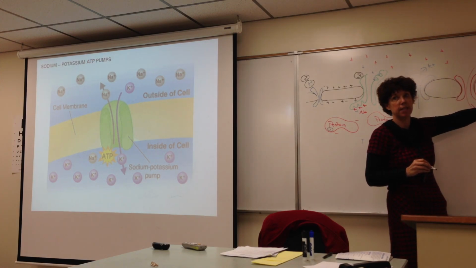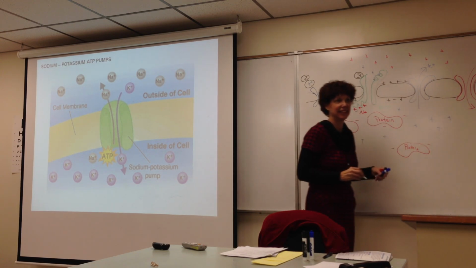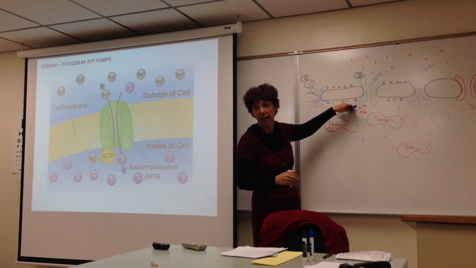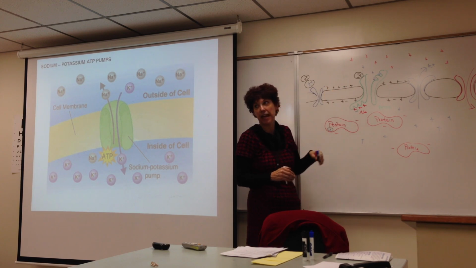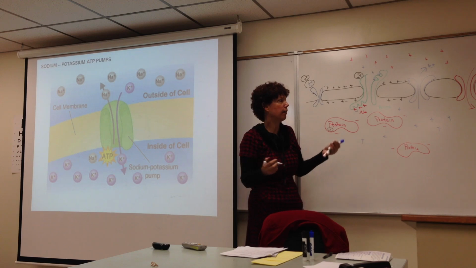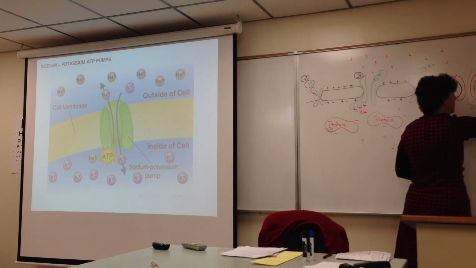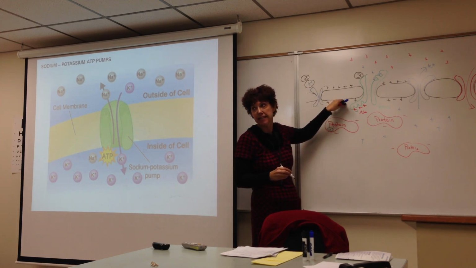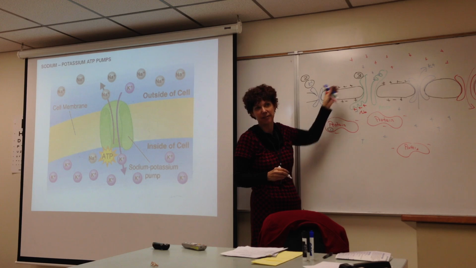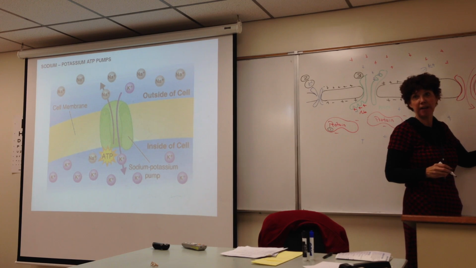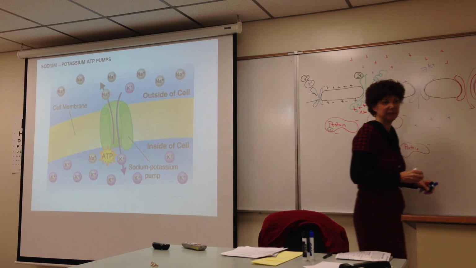If the resting membrane potential was at 0, what would that mean? That there would be the same number of positive and negative ion charges on either side of the membrane. There would be no difference. Okay. If our resting membrane potential was a positive number, that would mean there were more positive ions inside the cell than outside the cell. Because it is a negative number, that means there are fewer positive ions inside the cell